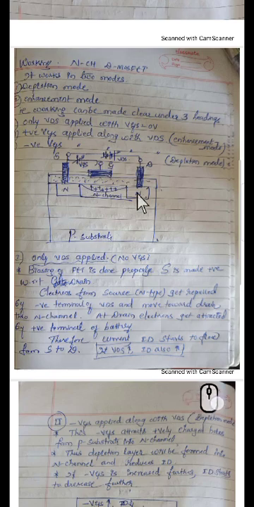Now because of a plus VGS along with VDS, what is happening to ID? ID is going to get increased. Why is it going to get increased? Because this positive VGS is going to attract the electrons from the P substrate into the N channel, thus increasing the number of electrons in the N channel, which is nothing but an increase in ID. So further, if you increase plus VGS, ID is going to get increased. So we say that now our FET is operating in the enhancement mode, because current is going to get enhanced here.